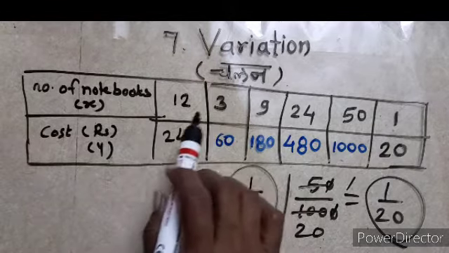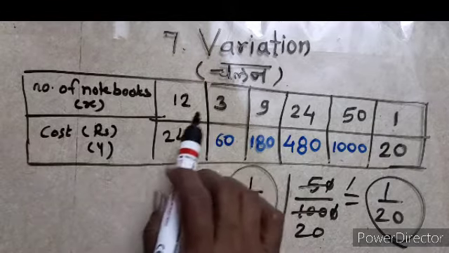So we have to write this using the symbol of variation. In a similar manner, what is the first constituent? Consumption of petrol, that is L. Distance traveled by the car, that is D. And what is the condition? They are in direct variation. So write down the symbol of direct variation and this is our answer.